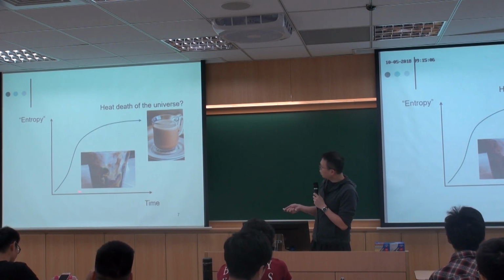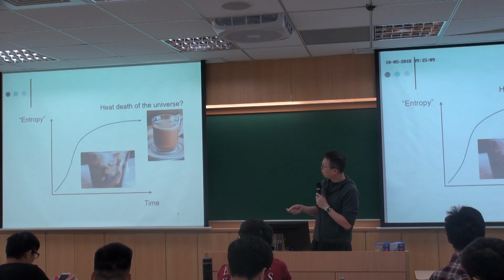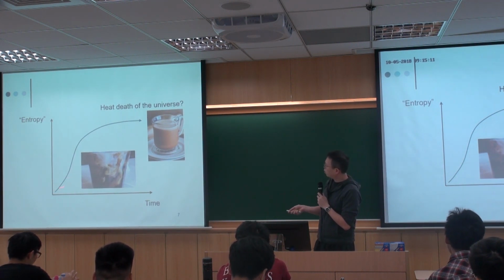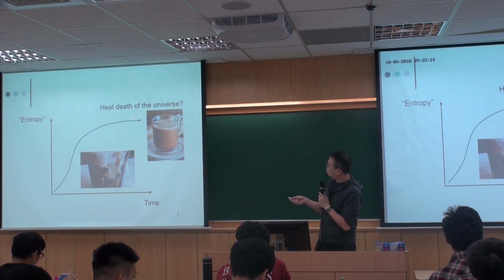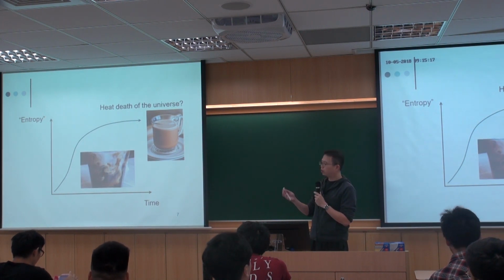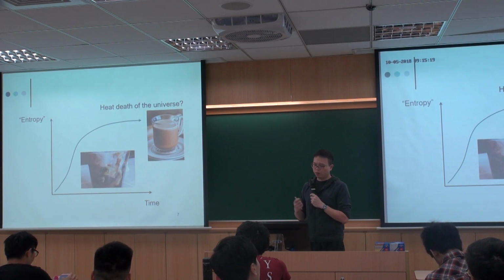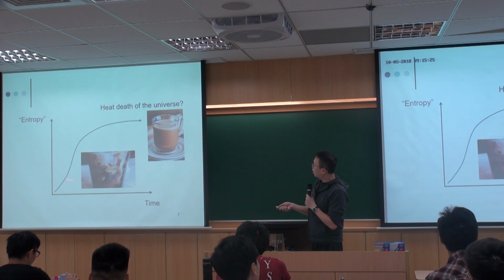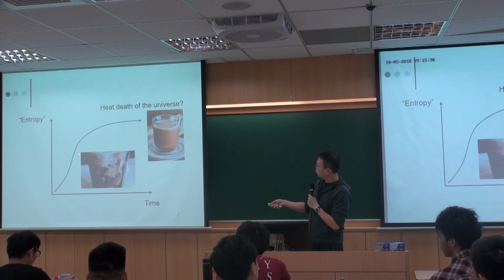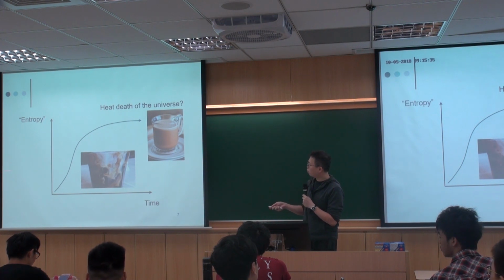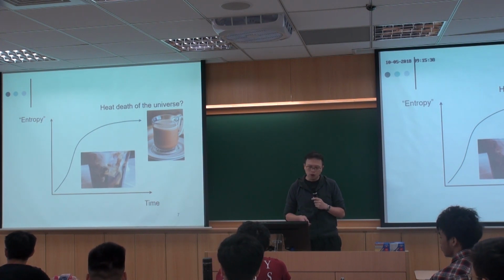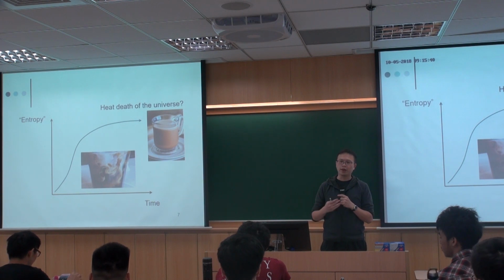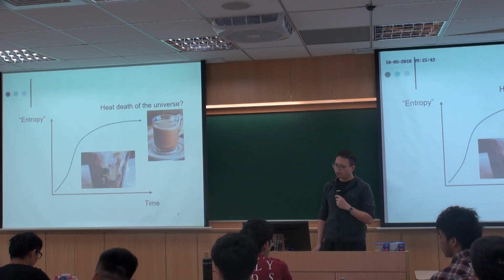And like I mentioned last time, the entropy, which we will define later, will increase in time, and eventually it will saturate. So you won't know which way is before and which direction is after. But at least right now, in this time of the universe, there's a certain direction of the growth of entropy. So when we see this kind of evolution, we know which way is moving forward in time and which way is moving backwards.